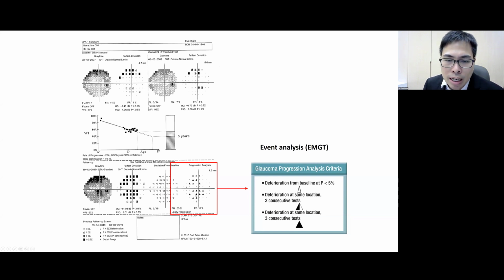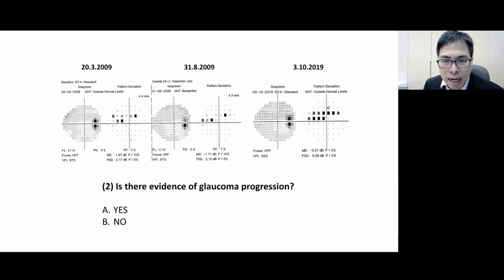So when we see at least 3 black triangles, it would be defined as likely progression. When you have 3 half-fill triangles, it would be labeled as possible progression. The reason we need this stringent criteria is because of the highly subjective nature of visual field testing. Going back to the poll question,